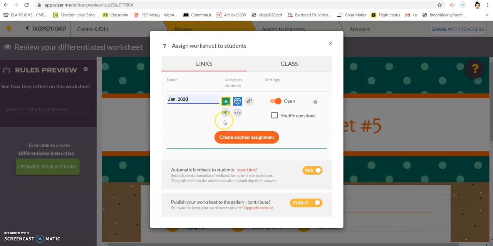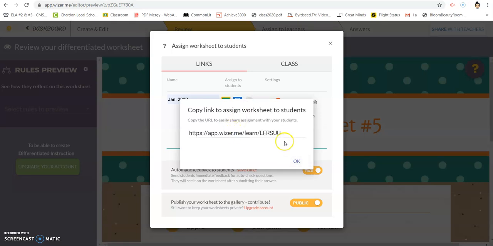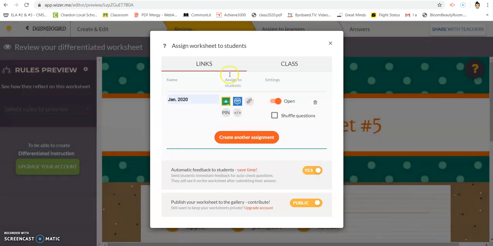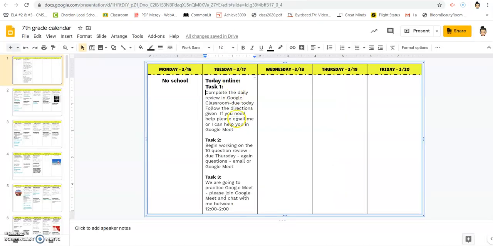Actually, it would be March 2020, but and then from there I can get a link for it. I can copy the link and then go to my Google Calendar, using Nadine's as an example, and instead go to Google, Wizer Me, and then I would hyperlink this as my link, and then the kids can click on it right